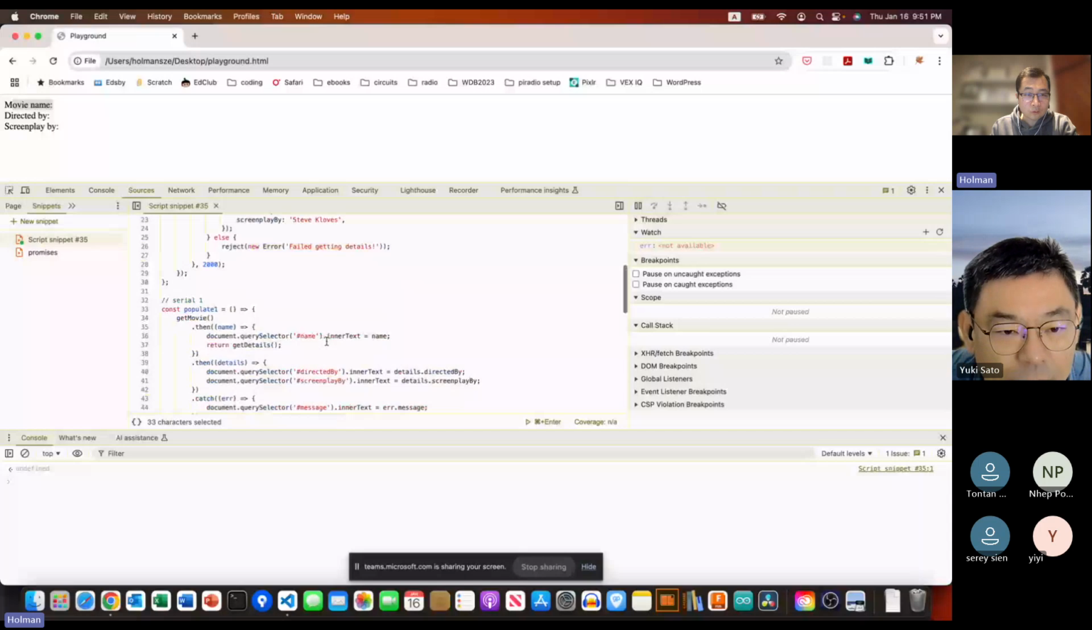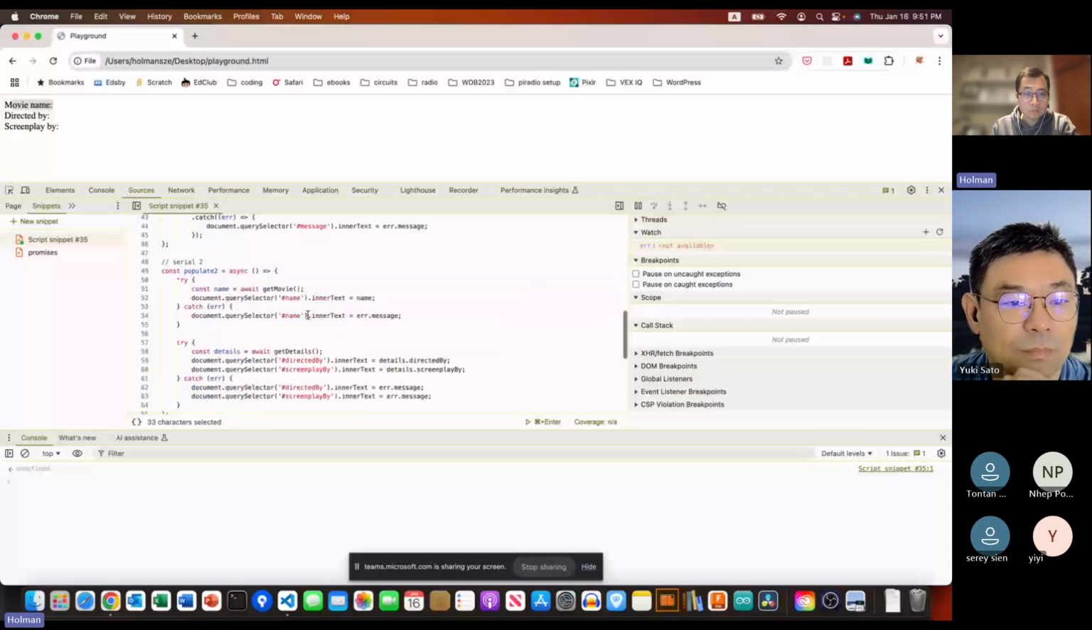So if I call this get movie, this will fail, so this line will not be executed at all, right? It will jump right to the catch block. And the error message is going to be populated in the name field. So let's try